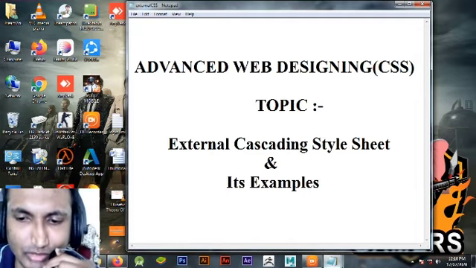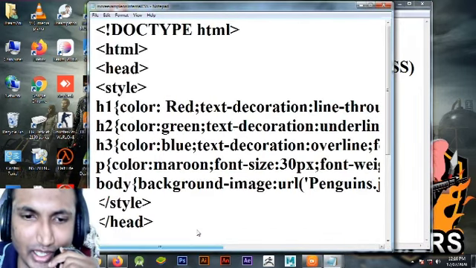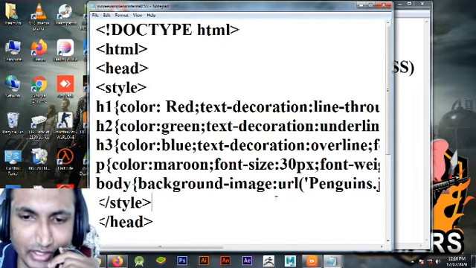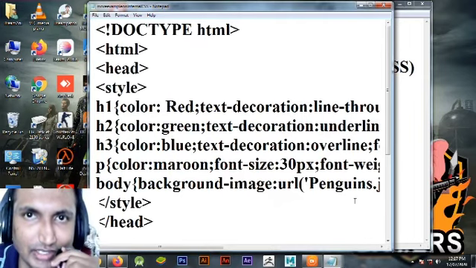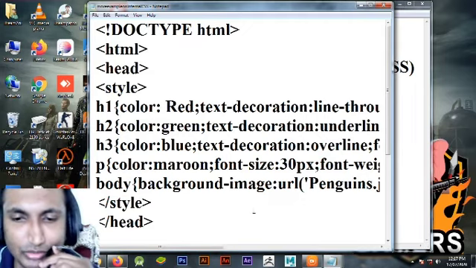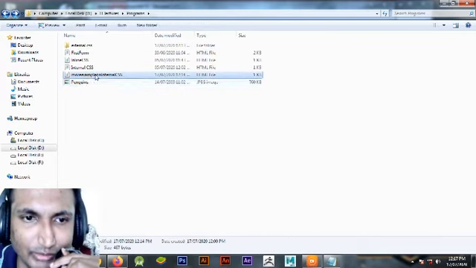So I will show you the last example first. I have taken a body tag, and in background image I am taking this penguin image. Last time we were trying to add the address, but it was not appearing. I have already told you that I have to take this file in the same folder where the program is residing.